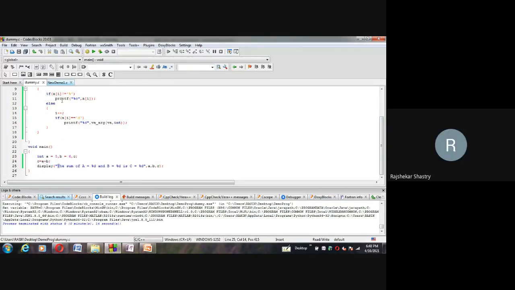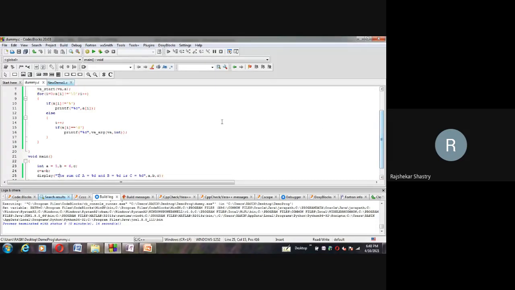No. So it will go to the else part. Oh, sorry, the if part only, because A of I is not equal to percentile. Yes, T is a character which is not equal to percentile. Because the condition is true, in the printf statement that particular character I'm printing without any modification. So percentile C, A of 0, because I is 0. What is A of 0? The first character, which is T. T will be printed. Then it will not go to the else part. Instead, I gets incremented in the for loop. So I will become 1.